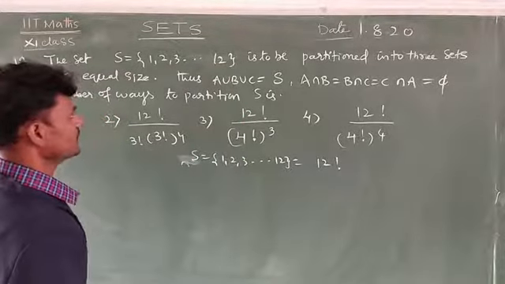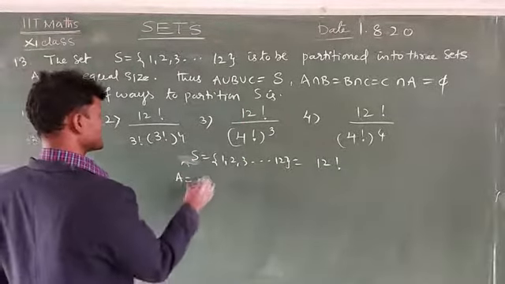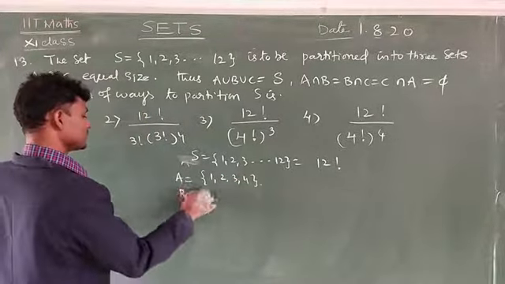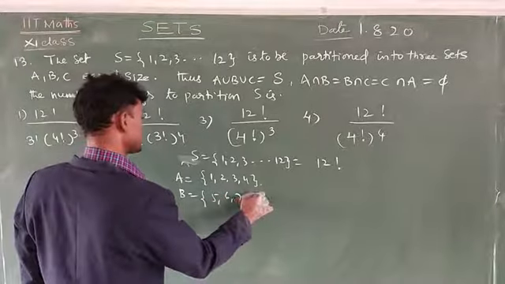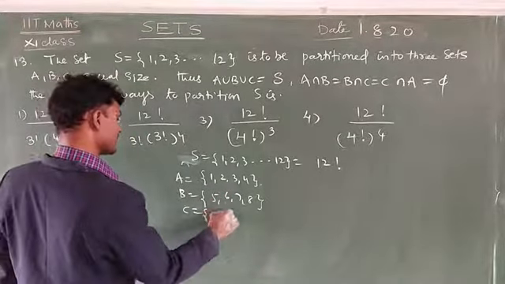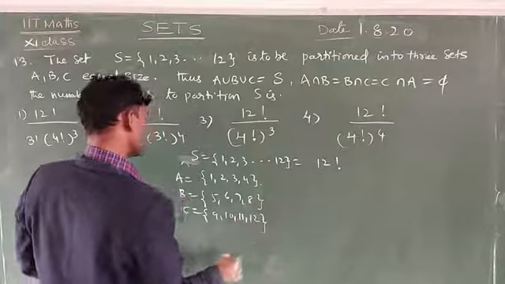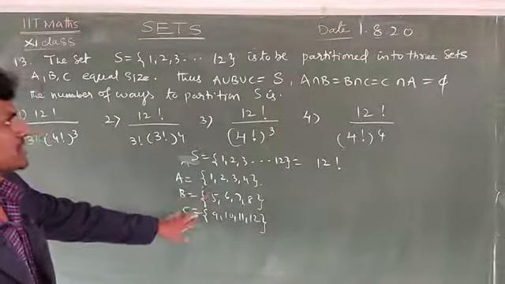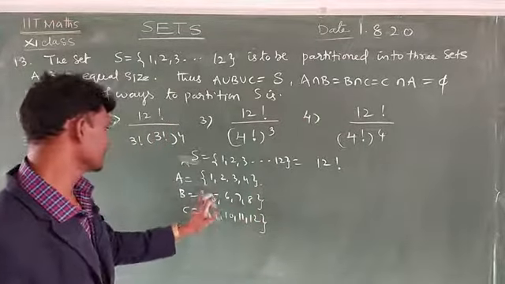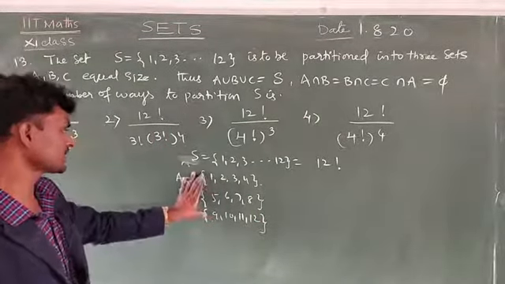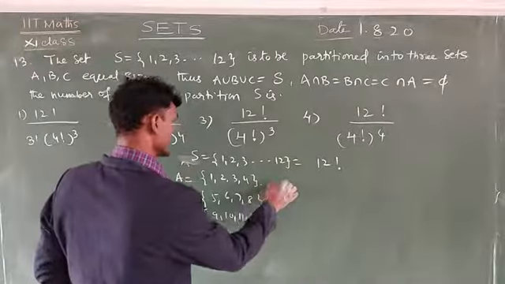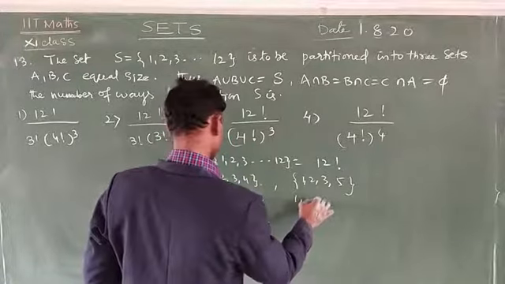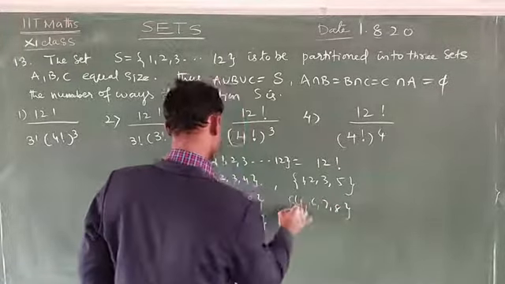Next one is here A, B, C. Here 3 different sets. A is equal to the set of 1, 2, 3, 4 you can take, and B is equal to 5, 6, 7, 8. Next C is equal to 9, 10, 11, 12. See here, this is one way. We have to arrange it as three distinct sets. A intersection B is equal to phi, B intersection C also phi, A intersection C also phi. Again, you can take 1, 2, 3, here 5, here 4, 6, 7, 8. This is as it is you can write here.